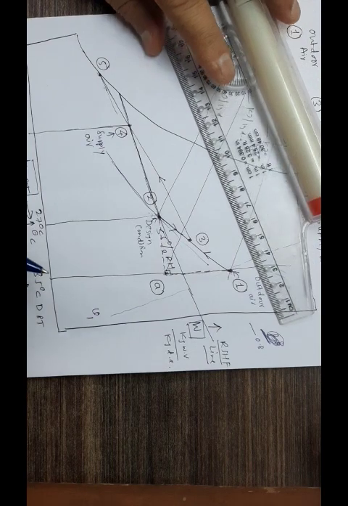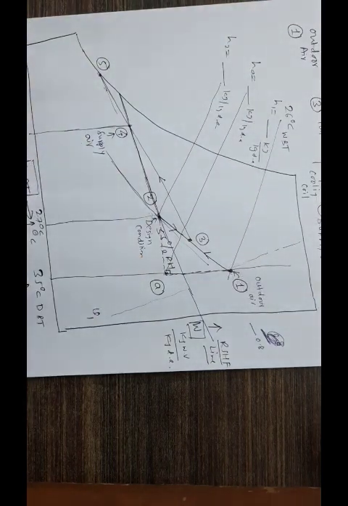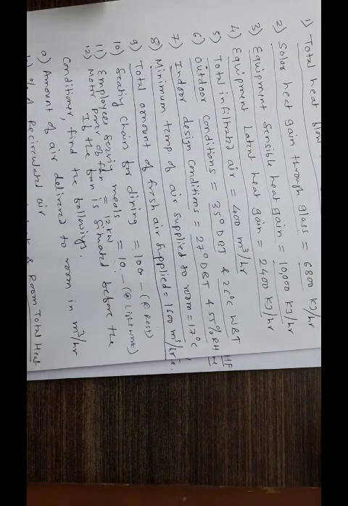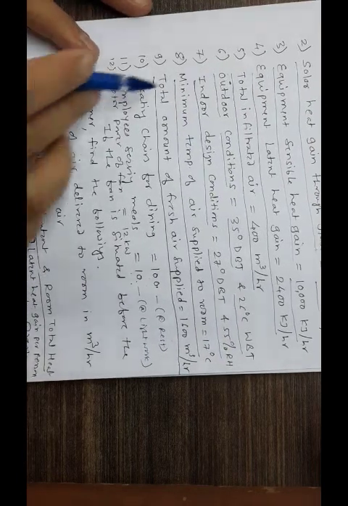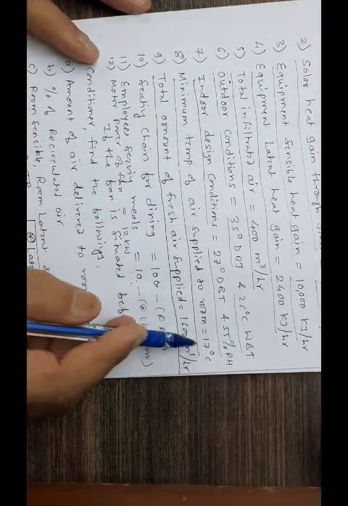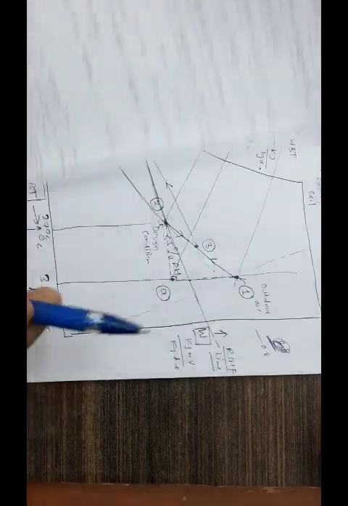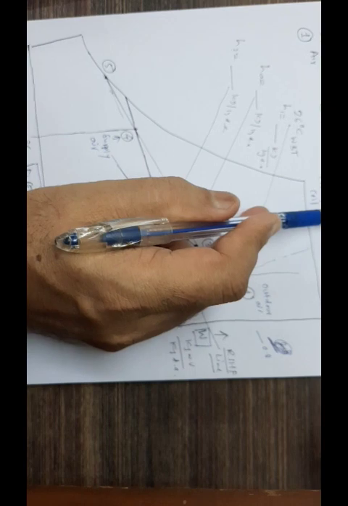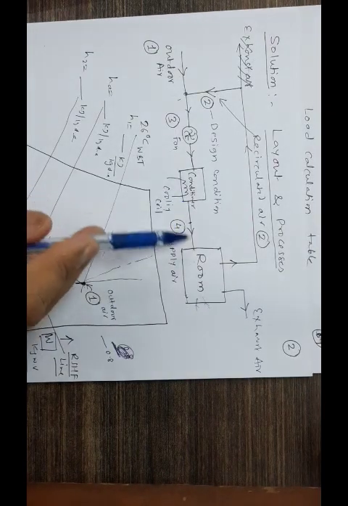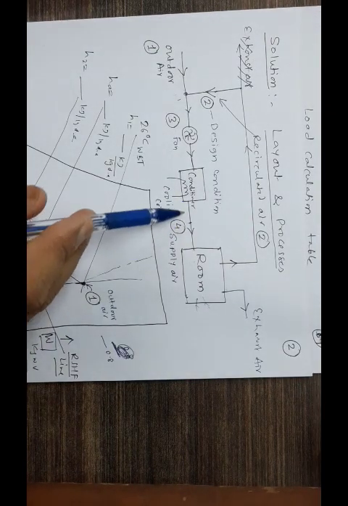Now one line you have drawn, but that's not sufficient, because we need to make use of the data which is given in the problem. What is said here is your supply air temperature has been given to you: the minimum temperature of air supplied to the room. Now which is this temperature? This is supply. That is point 4. So the temperature of air being supplied corresponds to 4.